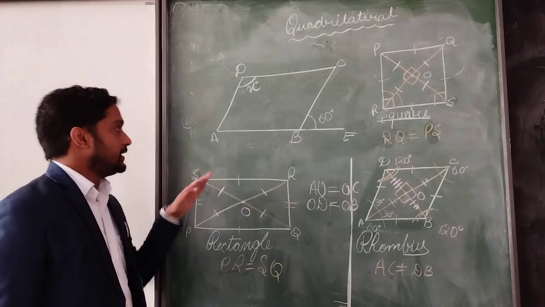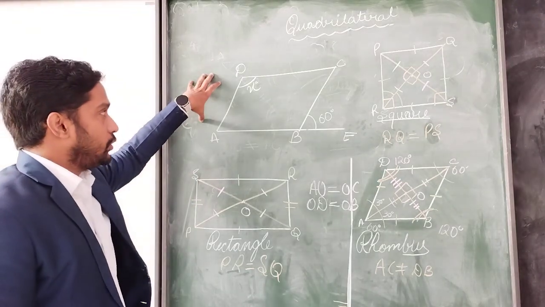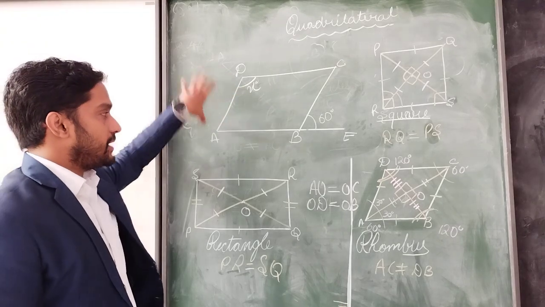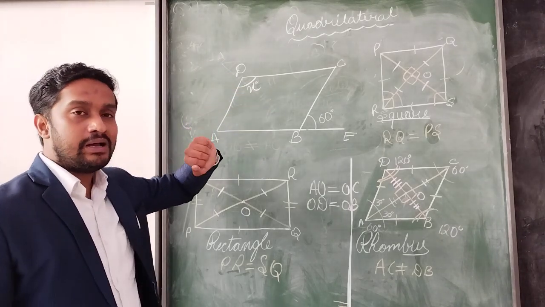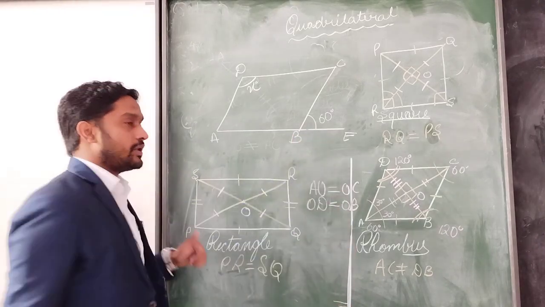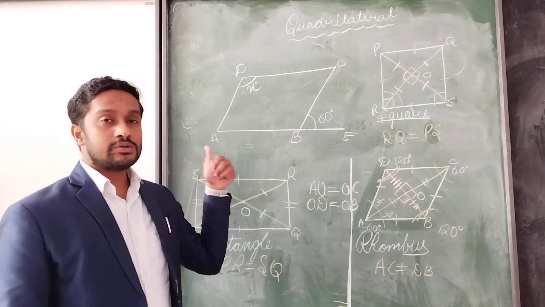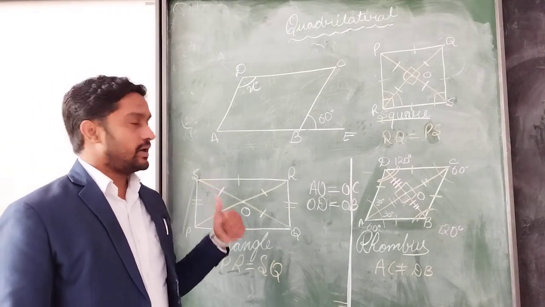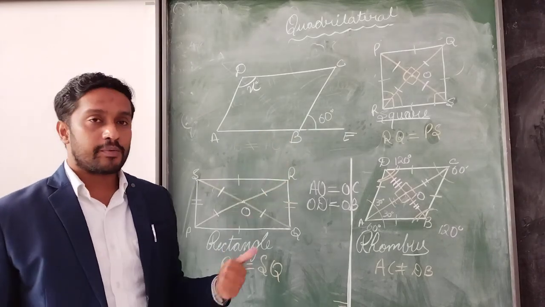Over here you can see we have the parallelogram ABCD, and we have to find the value of x, where x represents angle D, and one extended angle is given as 60 degrees. On the basis of all the properties which we have studied, we are going to find the angle x. So let's recall all the properties of a parallelogram.